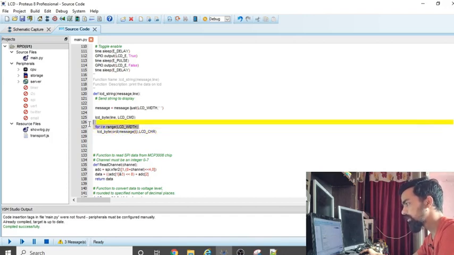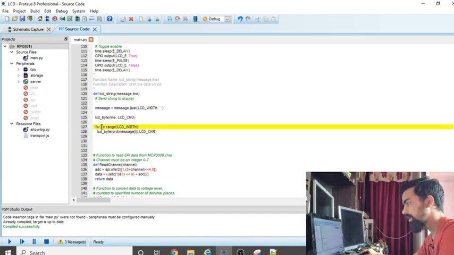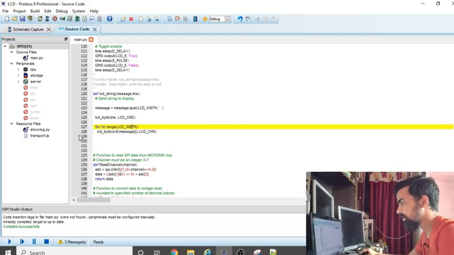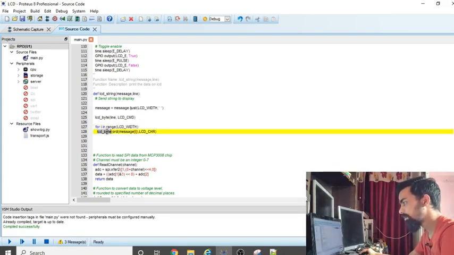Then next we have to iterate the welcome message. To iterate, we will use a for loop, for i in the range of LCD width. So i starts from 0 and increments 1, 2, 3, 4 till LCD width, which is the length of this message. Let's say first i is equal to 0. The LCD byte function gets executed with the parameter message of i.